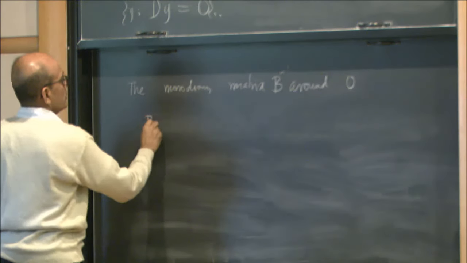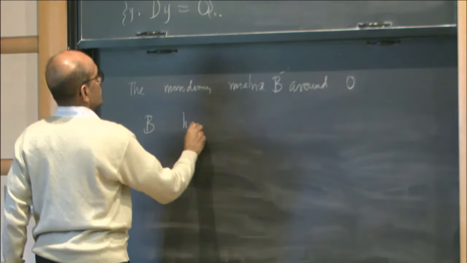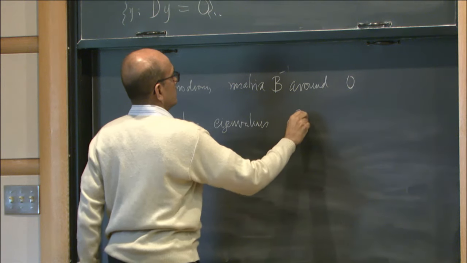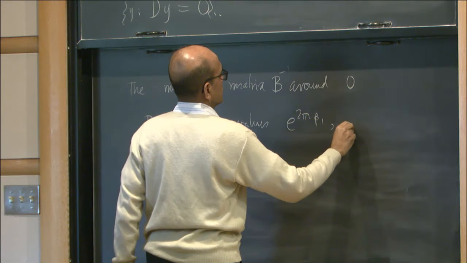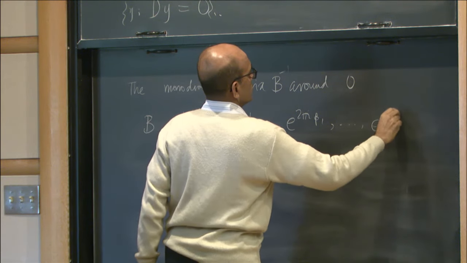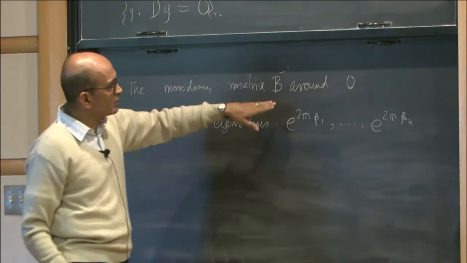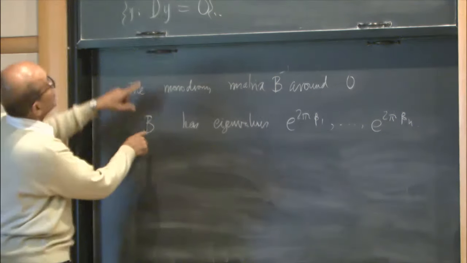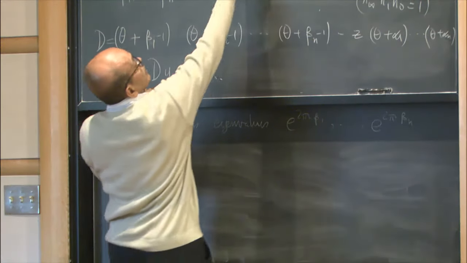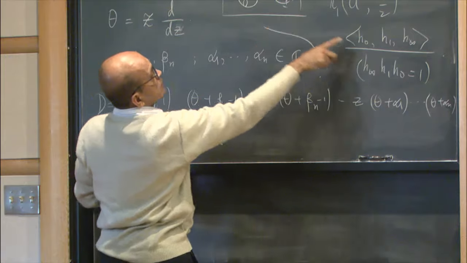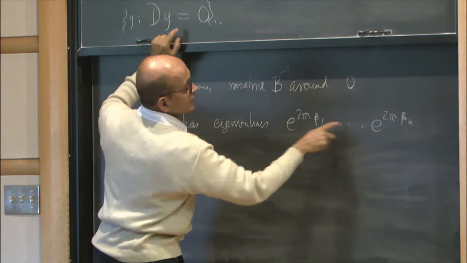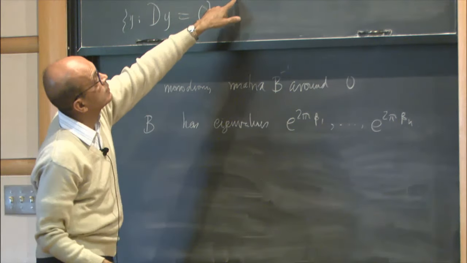So in general, B has eigenvalues, for some technical reason one has to write it as B inverse, not B. So the eigenvalues of the monodromy matrix around 0. So in other words, the loop around 0 goes to a matrix whose eigenvalues look like this. These betas are here,